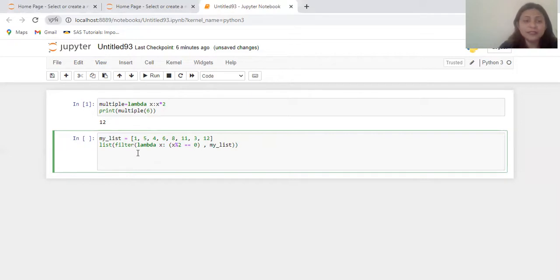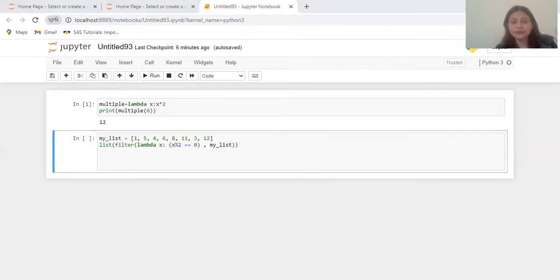And within filter, we can use a lambda function, and I'm giving the expression argument name, that is x, and I'm storing the expression here in x. So x should be divided by 2 equals to 0. So if x is divided by 2 and if it returns 0, that means it will fetch the even numbers from my list. So here we can call my list in this lambda function. So now if I'm going to print this,